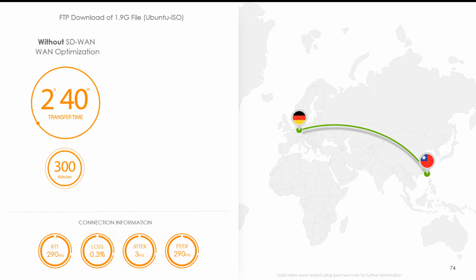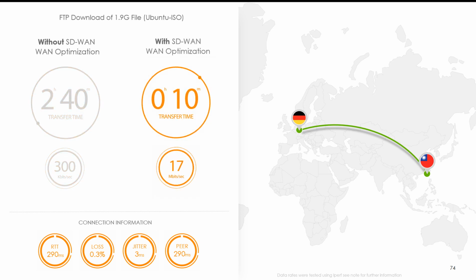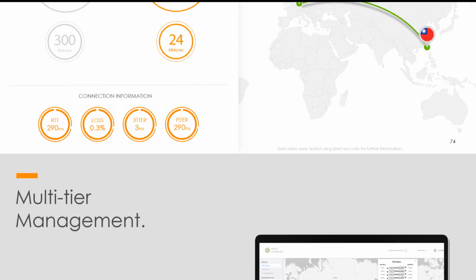Then we turned on WAN optimization on the same device, on the same connections, and simulated the same transfer with the same file. This reduced the transfer time from 2 hours 40 minutes to just 10 minutes. So a massive improvement in terms of transfer, increasing the transfer rate from 300 kilobytes per second to 24 megabits per second. So not only does it improve the speed and the quality, and also maintain a very easy way to deploy and expand,